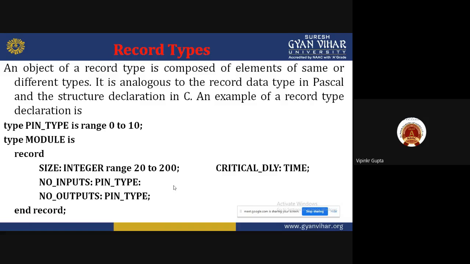So there are different types. The first one is integer, the second one is the real physical type. So there are different types combined, so it's a composite type record. So we can declare like that in a record.